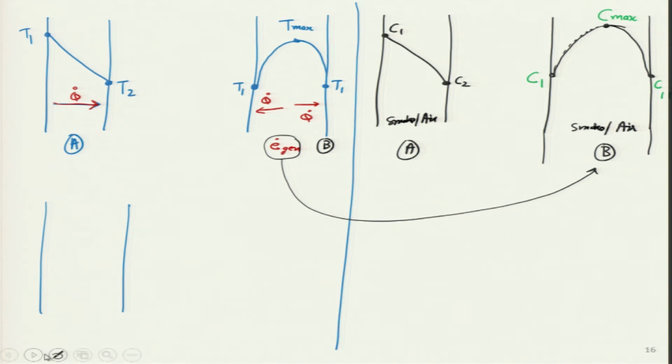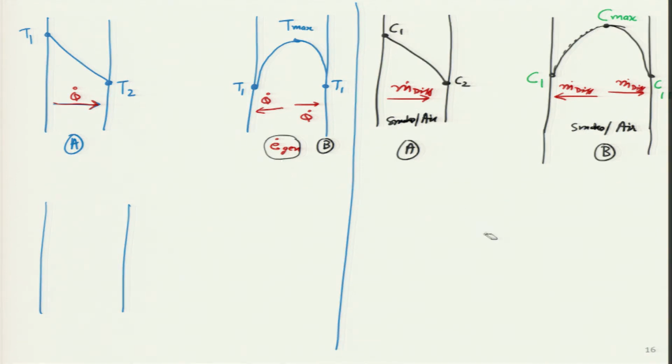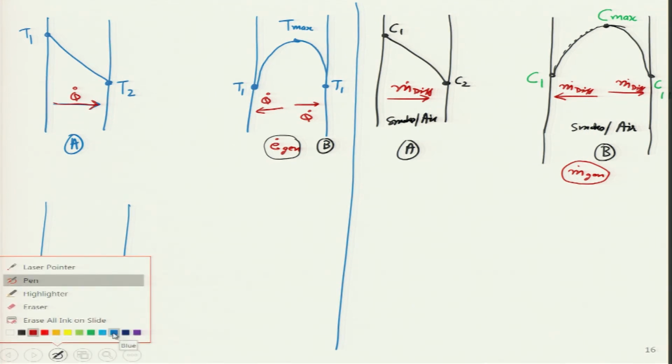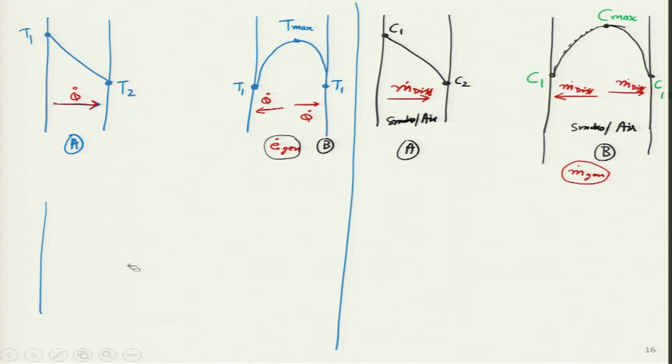And I can draw with the red arrow over here. In the first case, this is the direction of diffusion of mass. In the second case, it will be half over here diffusion and half over here diffusion. Isn't it interesting? So, we have clearly shown that in this particular case, instead of energy generation, we will have species generation. So, how do I write it? M dot gen, or generation of species. I am just trying to show that there is absolute analogy in several cases, maybe not in all cases, but I am trying to create some interesting examples.